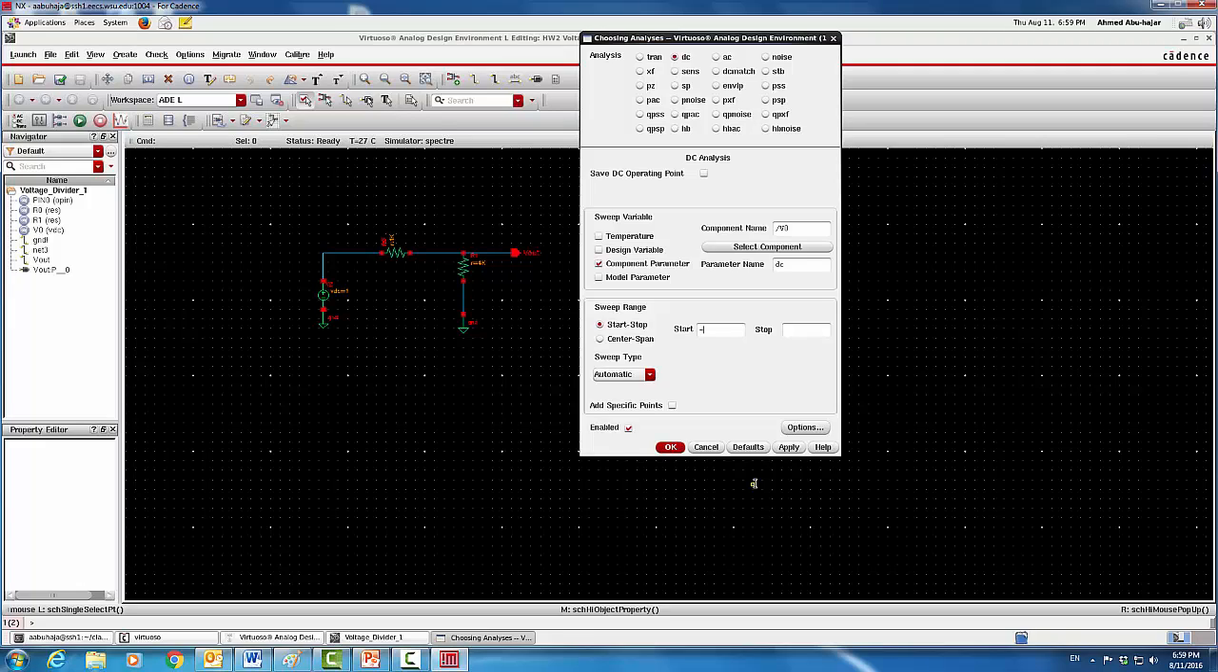Let's see if this will do it. And then it's going to stop at positive 10. So we're going to say 10. And now the sweep type, I'm going to select linear. And the step size is going to be 0.1 volt. So what that basically means is that the simulation is going to start by applying the voltage to be